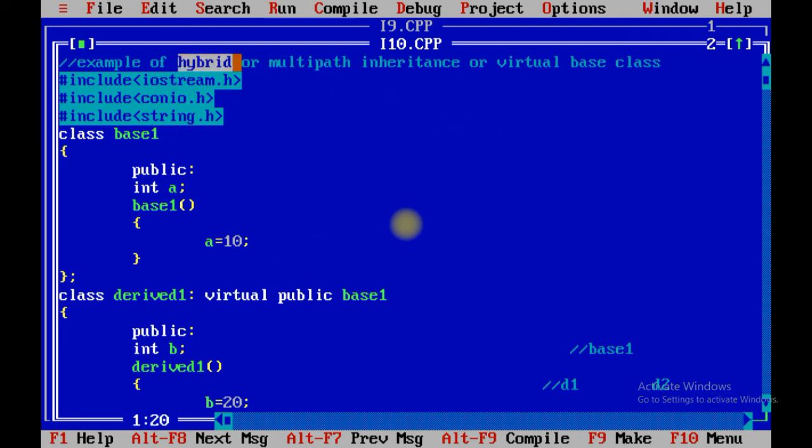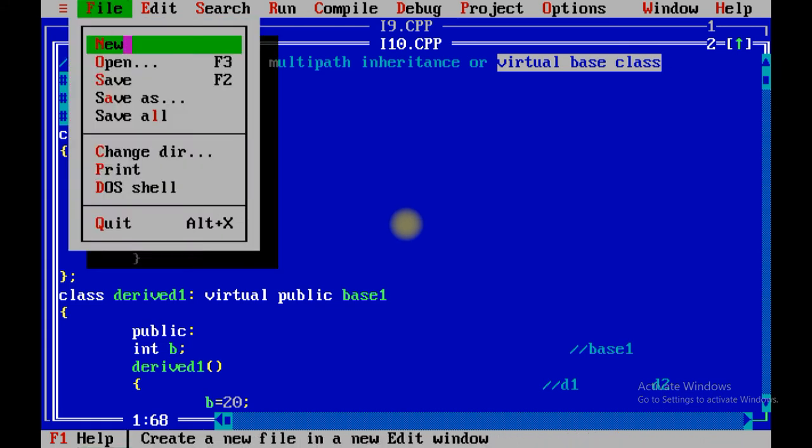In the exam it may be asked to explain hybrid inheritance. If it is a twisted question, then it will ask about multipath inheritance or explain virtual base class. One more program I want to show you, which represents an example of virtual base class.